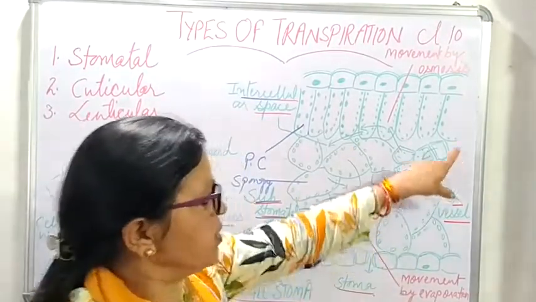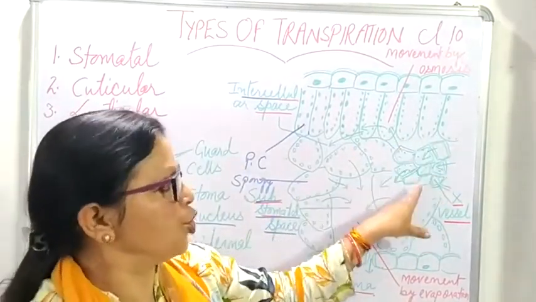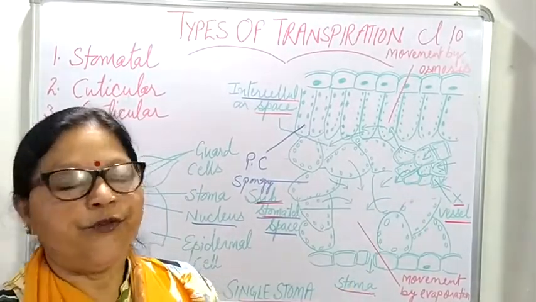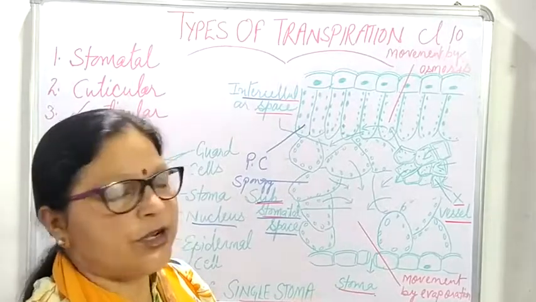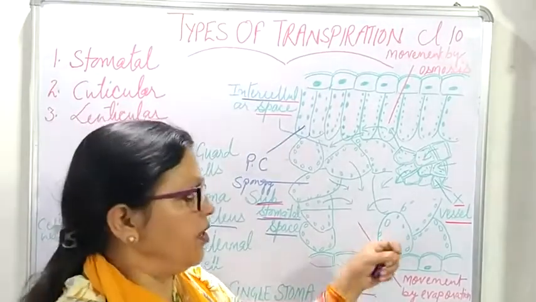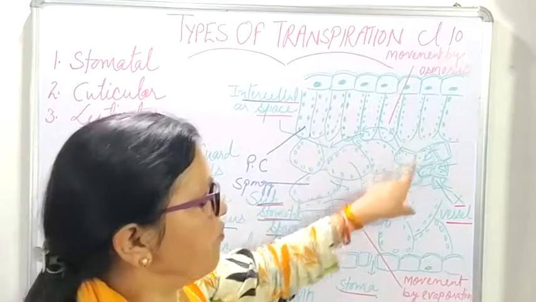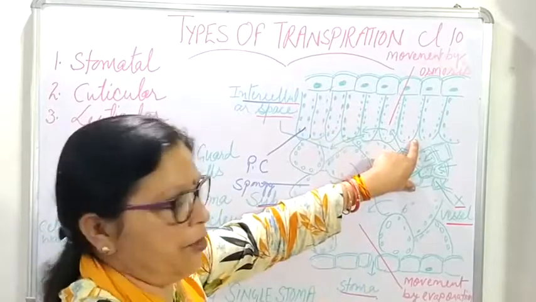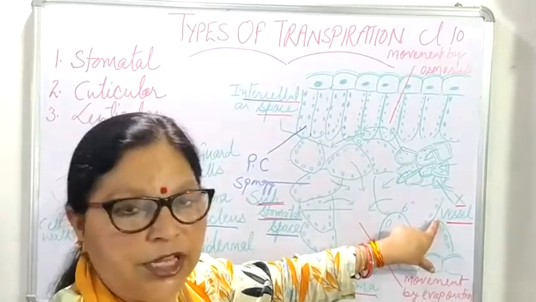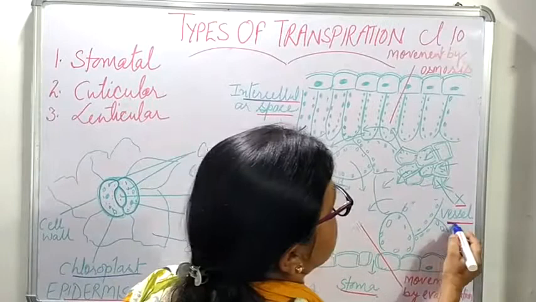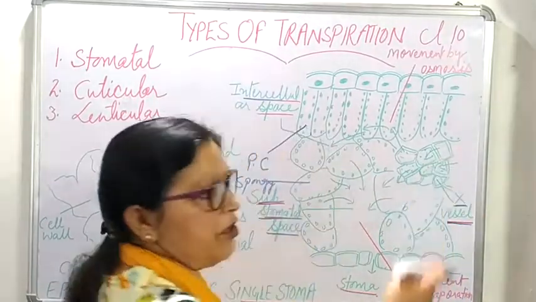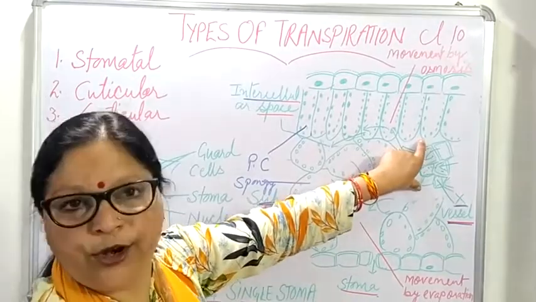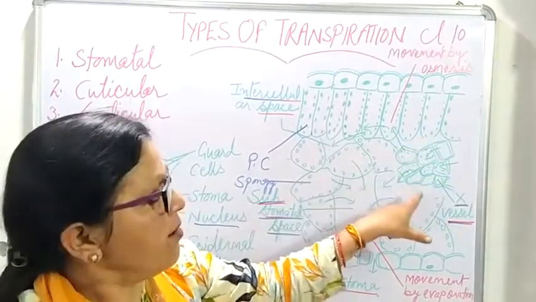On this side you can see a xylem vessel shown here. Now you all know how the roots absorb water. When the roots absorb water, this water is conducted in an upward direction by the xylem vessel. These xylem vessels are present in the leaves. This is the internal structure of a leaf. So this xylem vessel will bring water from the lower cells. The xylem vessel will contain a lot of water, so these cells are turgid.